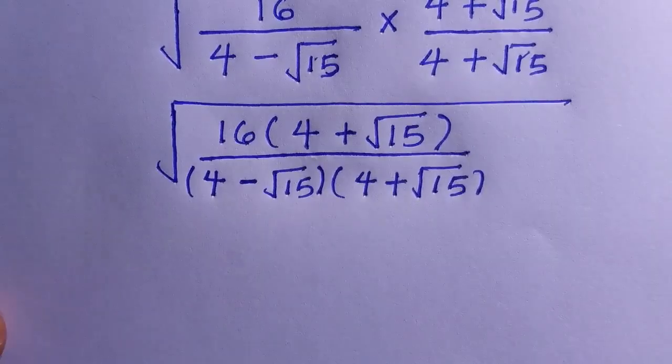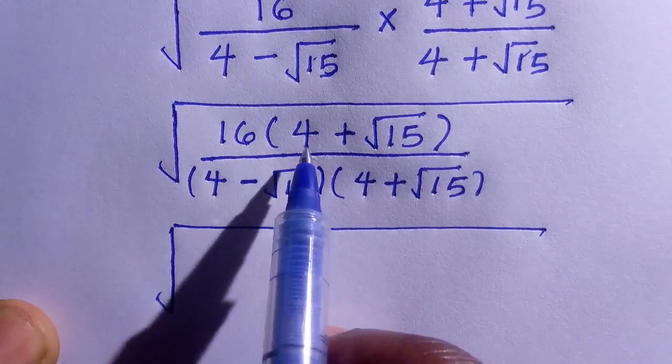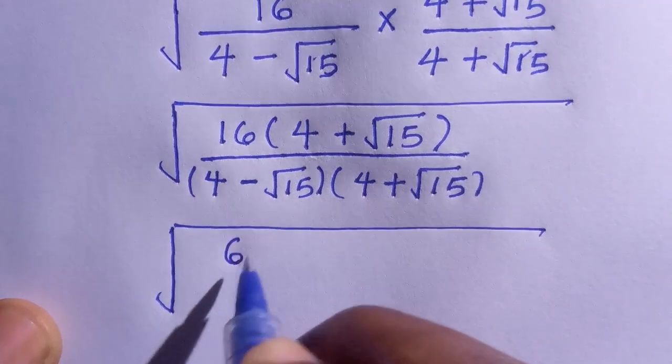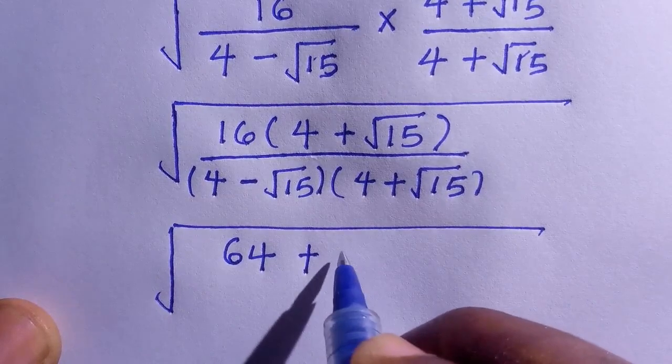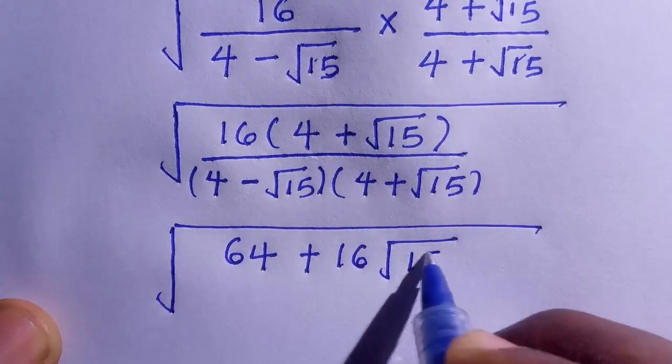And next we have square root of 16 multiplied by 4. We are going to have it as 64 plus 16 multiplied by square root of 15. We have 16 square root of 15